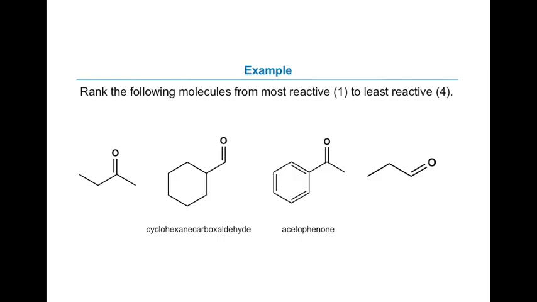So this is partly an exercise for how you should attack these kinds of problems. Somebody give me a strategy. You have 4 molecules on the board. What you should probably do is group them. Okay, you can look for resonance. Sure, which one has resonance? Yeah, this one's got resonance. But if you had to group these, there you go. A good first step. If you're given 4 molecules, 5 molecules, break them into common groups, based on common functional groups or common reactivities. So I would say aldehyde versus ketone is a really good first split.